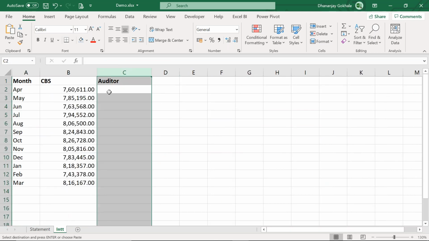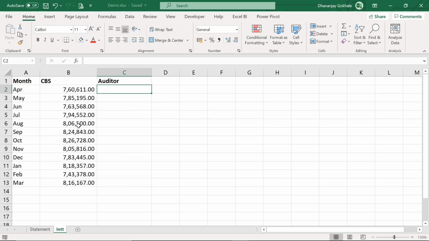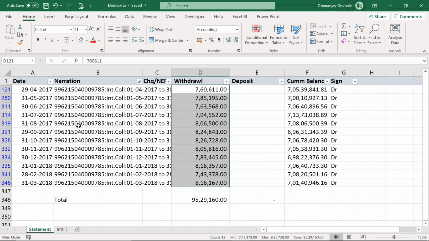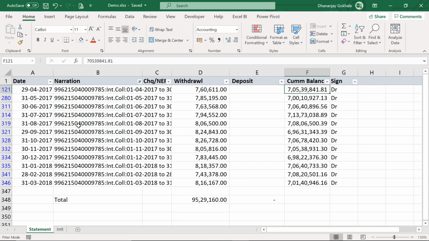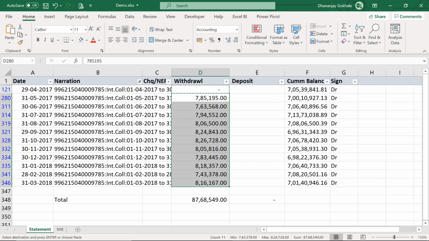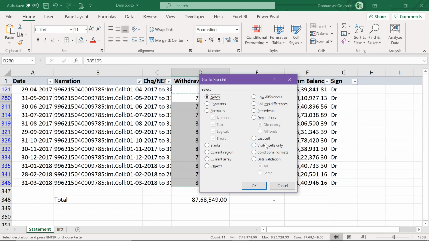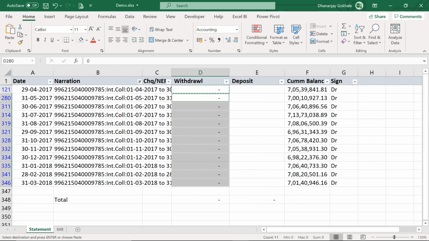Oh, this is interesting. Interest according to auditor. Now, one thing is for sure, this is incorrect interest. So here, new fresh recalculated interest figures would arrive. So naturally, your closing balance would be affected. So our running balance or cumulative balance would be changed if we have recalculated the correct interest. So first let us make it 0. So I will copy it, select it, and before pasting, let us again go to special visible cells and paste this 0